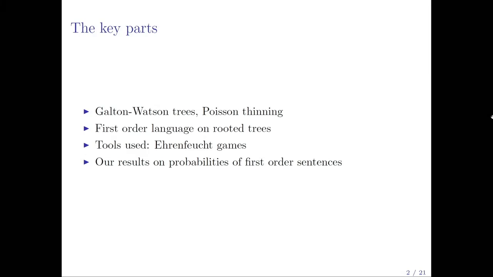it's okay if you don't remember this, but I kind of wanted to give an outline. I start off with quickly recalling the Galton-Watson branching process. Our results hold for very general offspring distributions, as long as they have exponential moments, so as long as they're not heavy-tailed. But for the purpose of this talk, I'll focus on the Poisson offspring distribution simply because it makes our computations a lot cleaner. And that's because of the Poisson thinning property that I will also talk about a little bit.